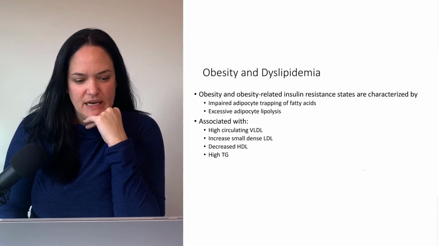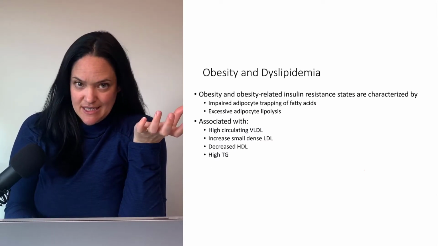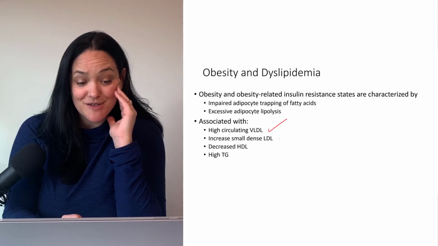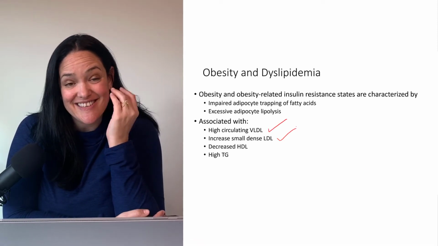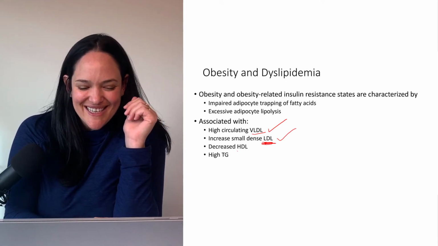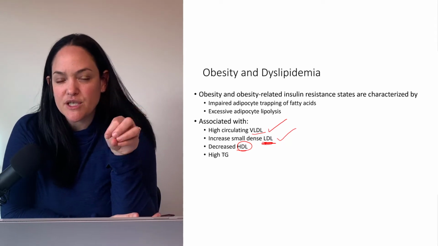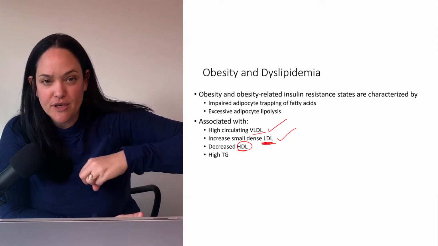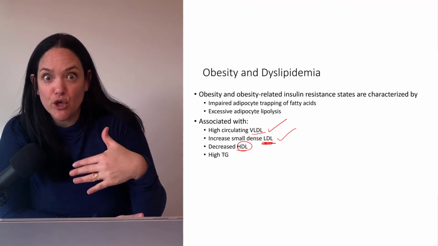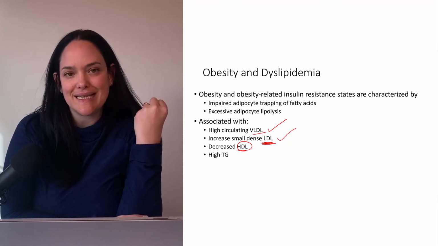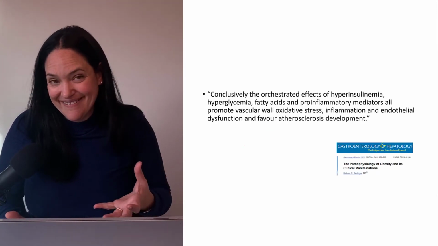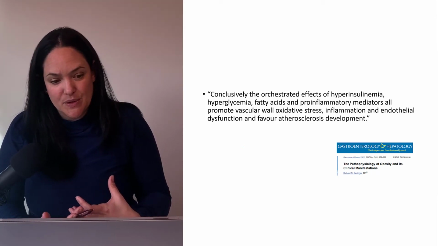Okay, so like we said, lots of dyslipidemia in obesity. In particular, we see high VLDL, an increase in small, dense LDL, and that good cholesterol, I don't like that name, but anyways, the high-density lipoprotein, which clears cholesterol from the blood, returning it to the liver, and that's associated with a lower chance of developing atherosclerosis, that's decreased in obesity. Okay? So it's not one thing that links obesity and atherosclerosis.